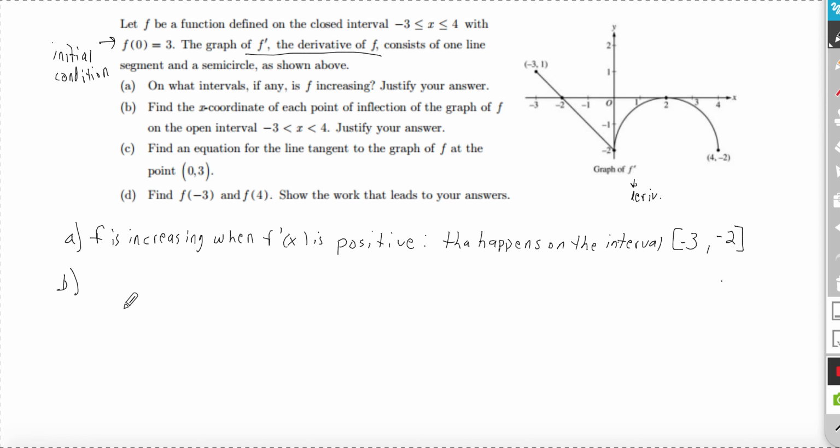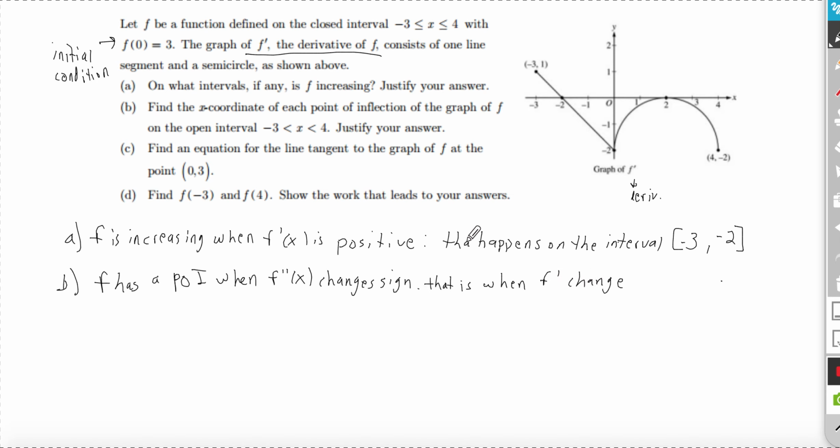All right, B. Find the x-coordinate of each point of inflection of the graph of f on the open interval -3 to 4. Justify your answer. So for a point of inflection, I can say f has a point of inflection when f double prime of x changes sign. Yes. But how do I know that from f prime? Well, from f prime, what's our other definition of concavity? I could say this then. That is when f prime changes